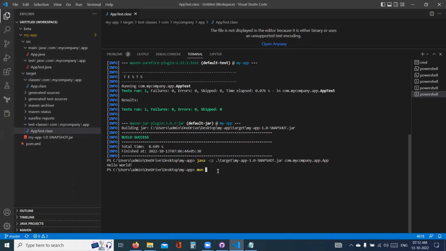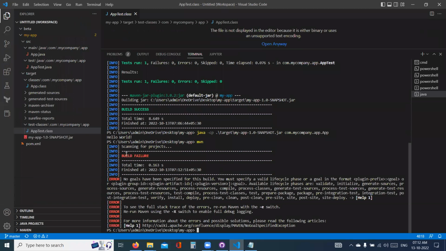Might be you did not give the right command. See, I'll tell you, if you hit Maven, mvn, it will tell you, see, my build is a failure. Why? You did not give the goal. What is a goal? A goal can be test. A goal can be package. A goal can be integration test. A goal can be verify. A goal can be install. The corresponding goal you're missing. Or